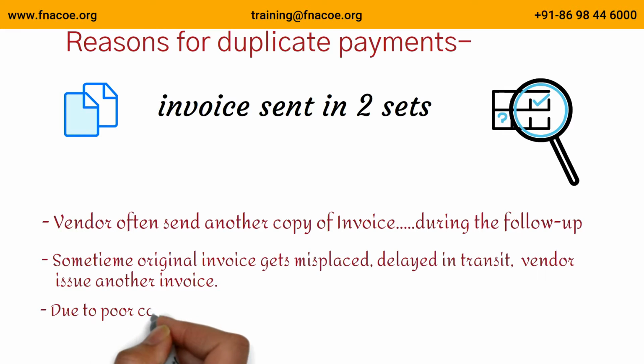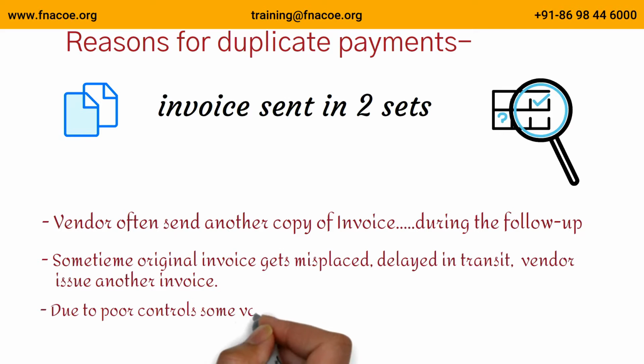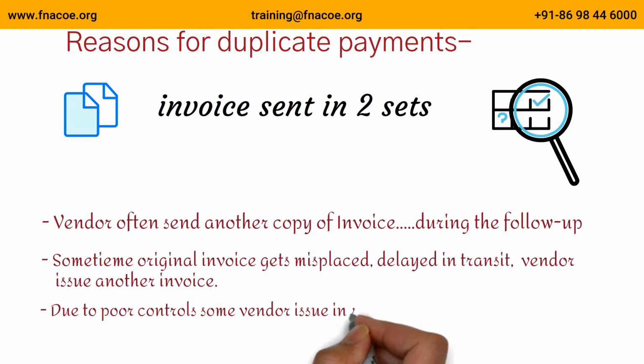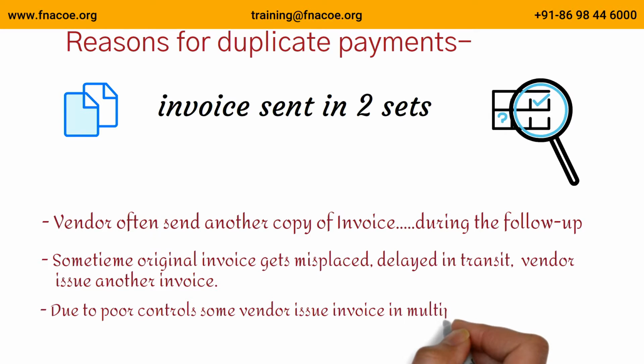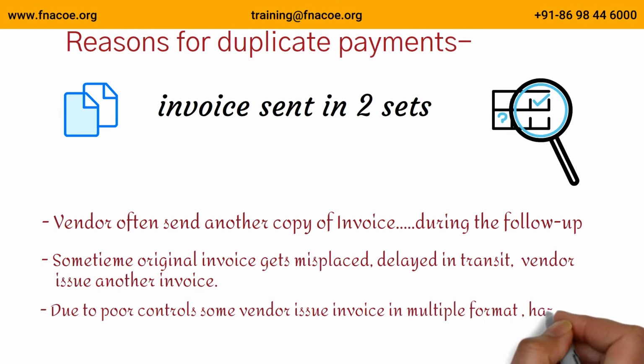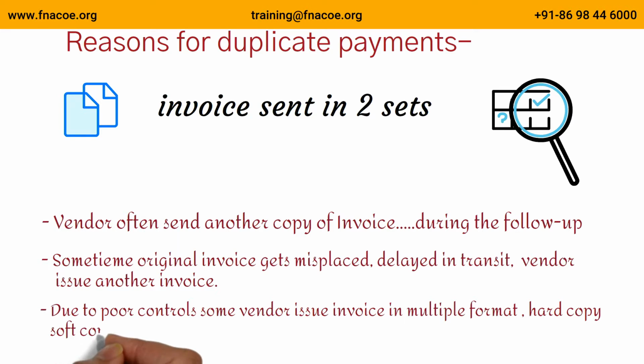A third example could be a small vendor who does not have any control on issuing hard or soft copy invoices. A best example is when material is delivered to a site location and they don't have any policy on where to issue an invoice from. They end up issuing a digital or a physical invoice, and the head office also ends up issuing an invoice. These are some typical examples through which duplicate payments may happen. While most of the examples I shared are cases of erroneous or clerical mistakes, we cannot ignore the possibility of fraud. We'll discuss accounts payable fraud in a separate module.